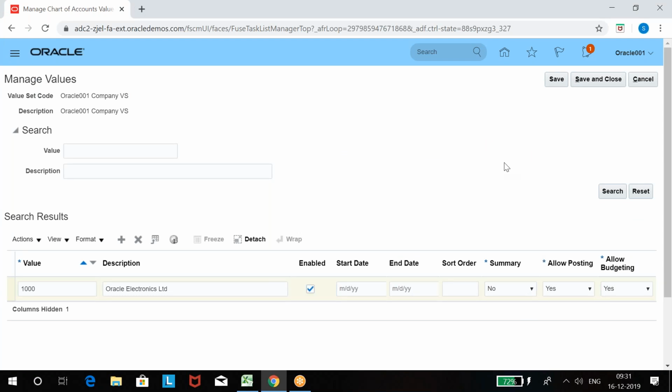Let's say even one more in accounting, not this company, the account segment. You want to group all current assets in one, all fixed assets in one, all current liabilities in one, all fixed liabilities in one, and let's say all operational expenses, admin expenses, right? You can group these all in some parent.